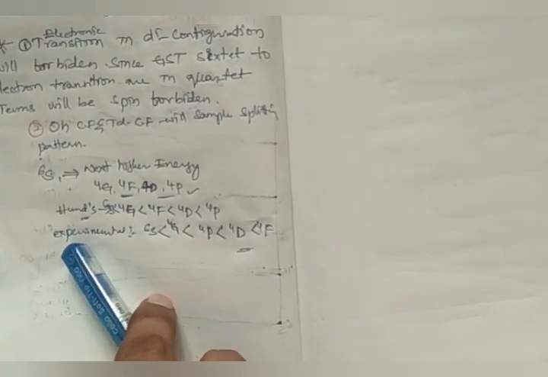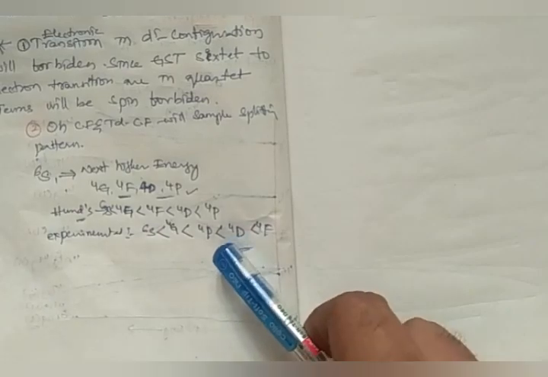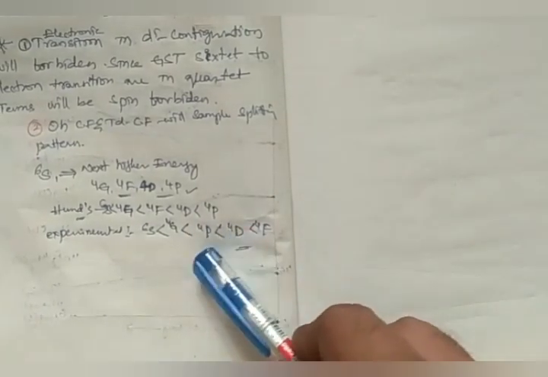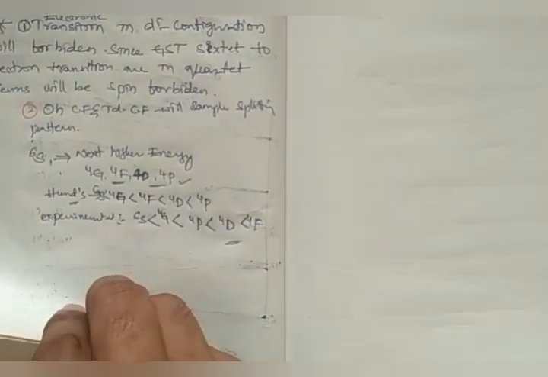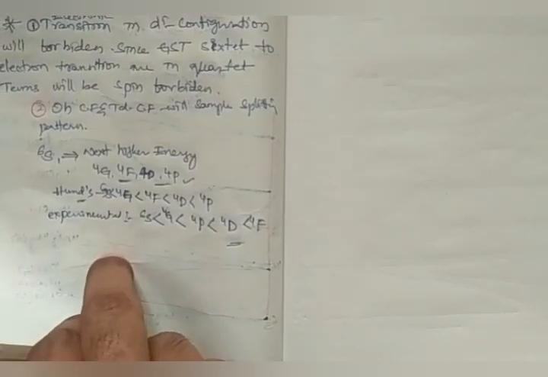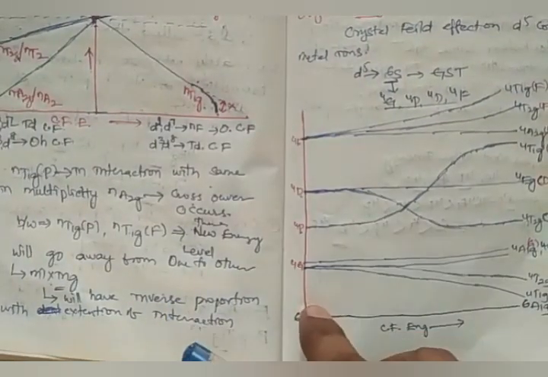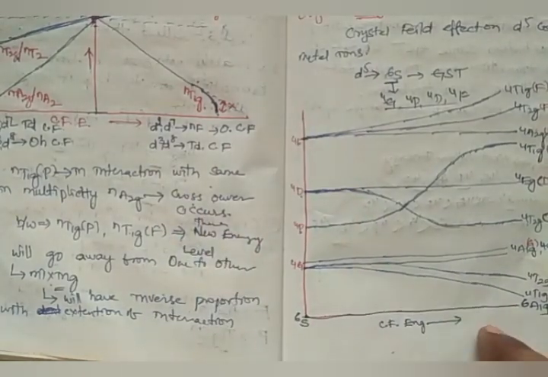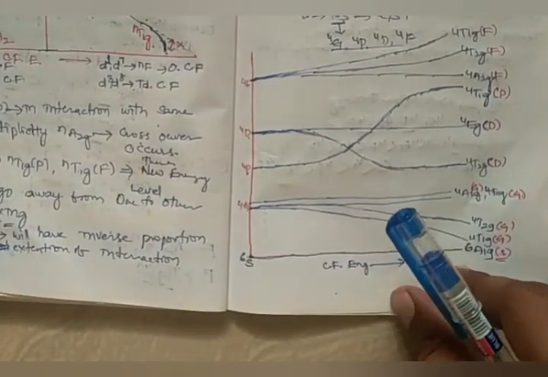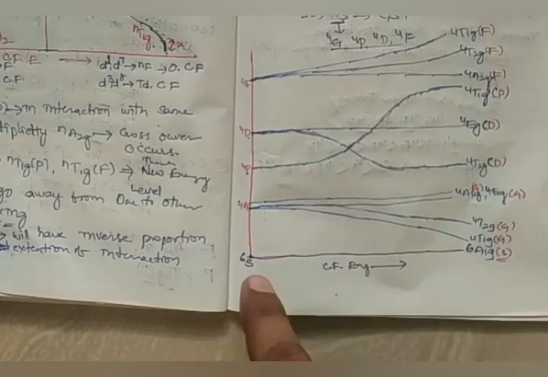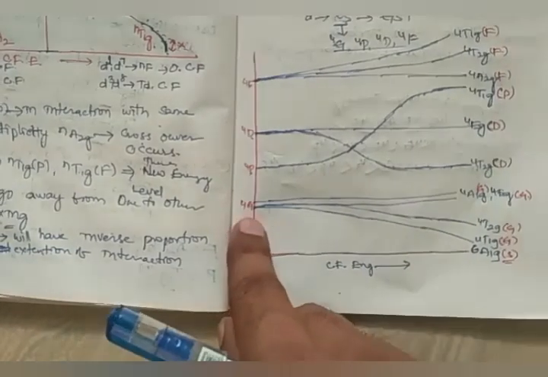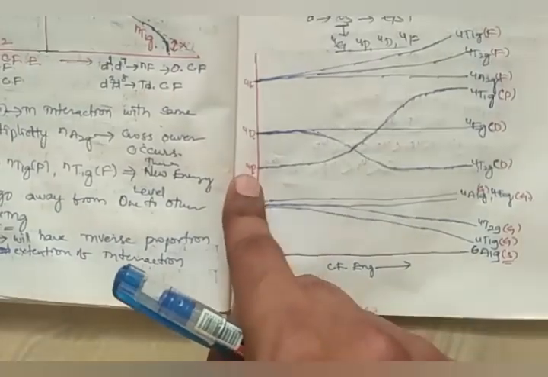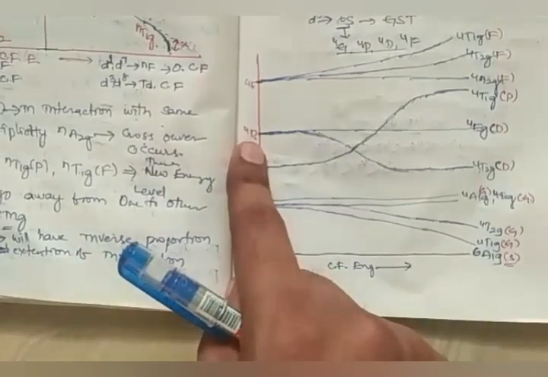This is how the energy sequence goes, and this electronic configuration's terms also violate Hund's rule. And thus when we draw the term energy scale and crystal field energy scale on one scale, 6S is followed by 4G, 4G by 4P, 4P by 4D,